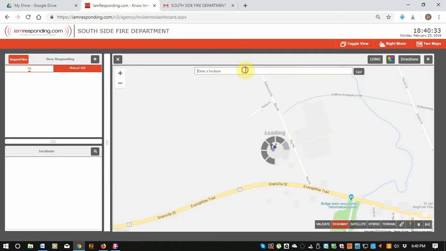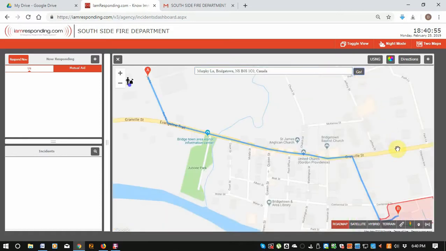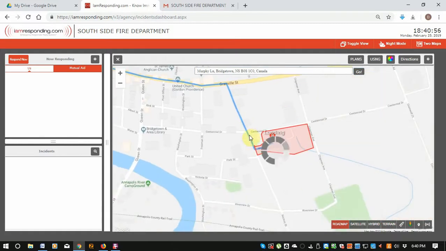It didn't come in. That's okay. I can manually enter it. So I can enter Murphy Lane, Bridgetown, and I hit go. So now my map has gone to this area,